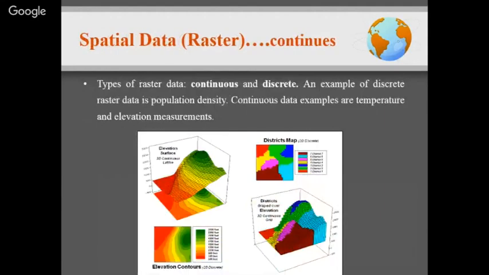Now, we have different types of raster data. We have continuous and we have discrete. An example of discrete raster data is population density. Continuous data examples are temperature and elevation measurements. These are some of the